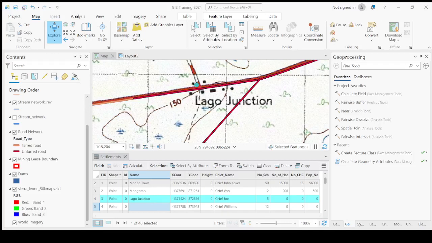To edit your attribute table. Please continue to edit your attribute table by clicking on